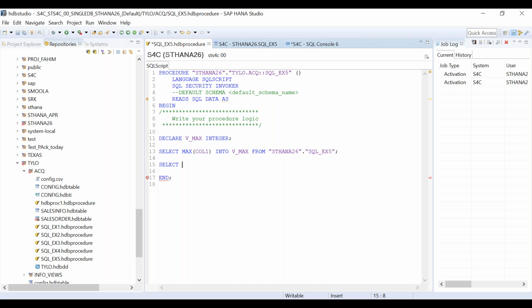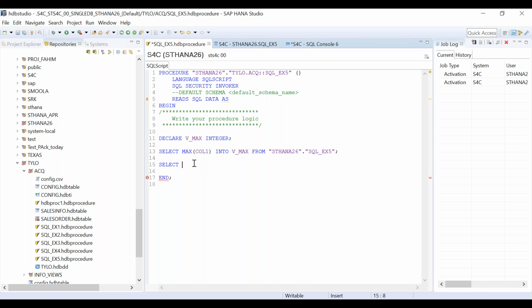I want to display a variable, the value of a variable, to the end user. How do you write it? Please answer in the chat window. What statement should I write? What is an if statement? There is no if statement. Why am I writing an if statement? I am saying that I want to display the value of v_max. That's it. To the end user. How do you write?